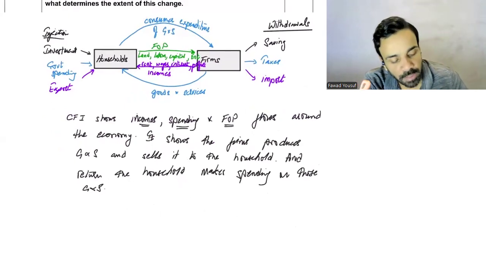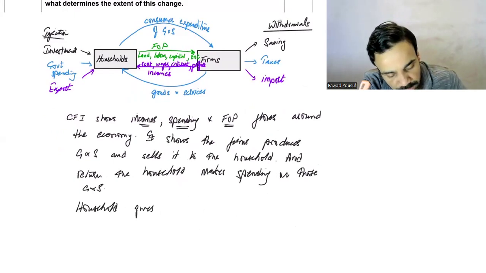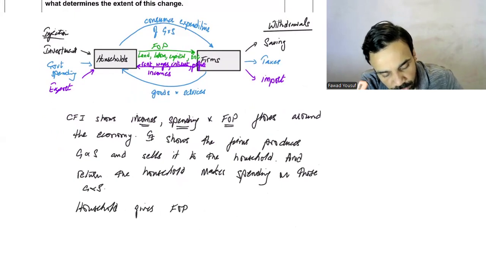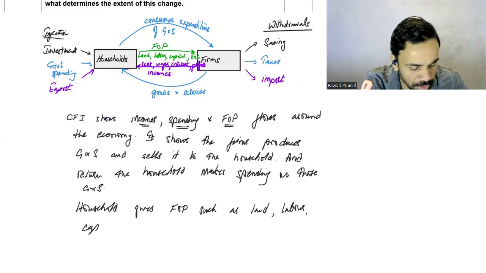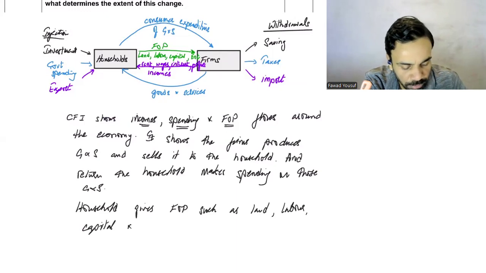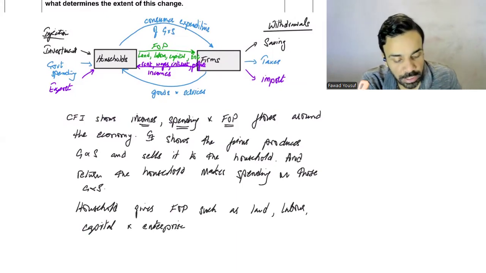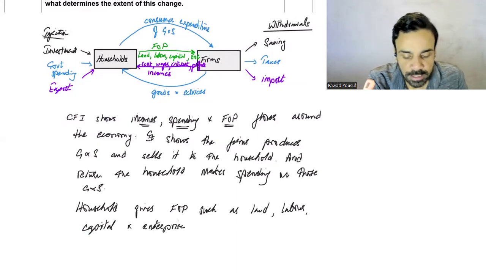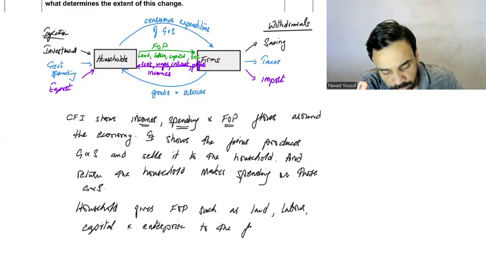Okay. उसके अलावा households give factors of production such as land, labor, capital. Please try not to hold back information because, like I mentioned last time, there is no negative marking for information, but missing information, definitely you don't get the mark. So, household gives factors of production such as land, labor, capital, and enterprise to the firms,